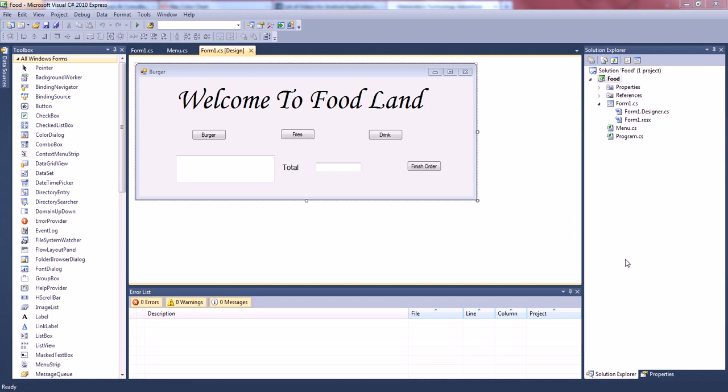Let's take a look at what we have here. Today's tutorial is going to talk about how we can add real classes to this Windows form. As you can see, I built a form, Foodland, very descriptive, and it has a couple of menu items on there. It has a burger, fries, and a drink. And what happens when you run this